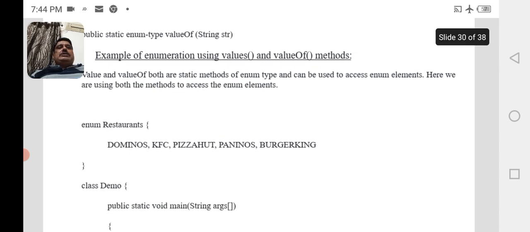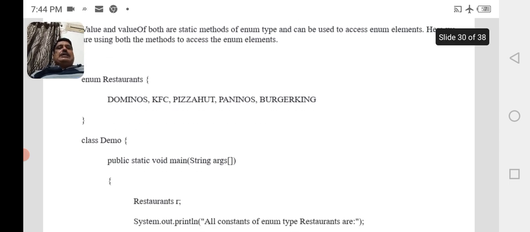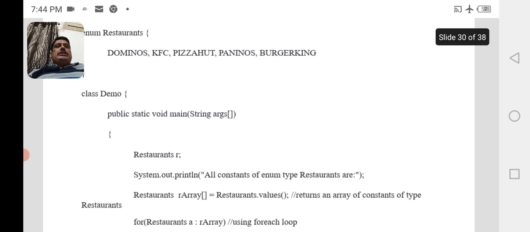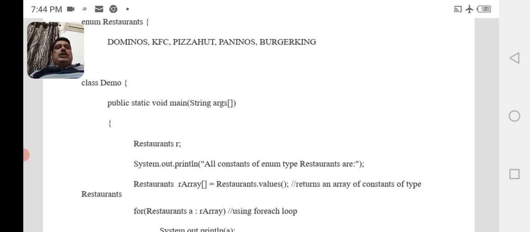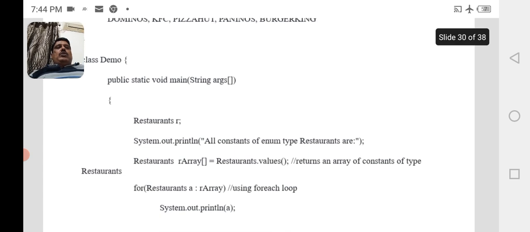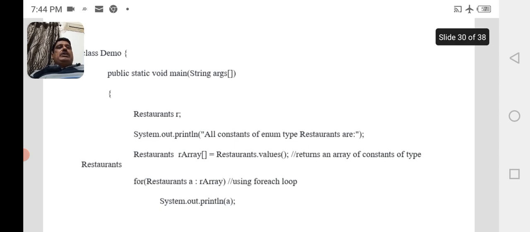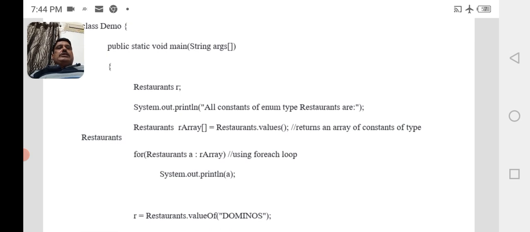Enum restaurants: Domino's, KFC, Pizza Hut, Panino's, Burger King. Class demo, public static void main, String arguments. Restaurants R. System.out.println all constants of enum type restaurants are. Array equal to restaurants.values returns an array of constants of type restaurants.